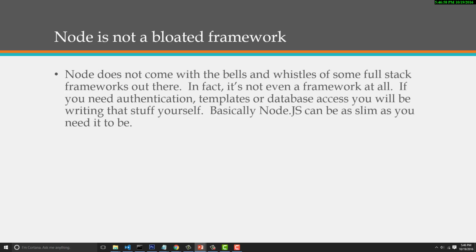So Node is not a bloated framework. So what does that mean? It means that it does not come with the bells and whistles of a full-stack framework. You can't compare Node to Python Django or Python Flask or Ruby on Rails. It's nothing like that. It's a web server technology that you can then use a bunch of different frameworks that exist for Node.js, like Express or